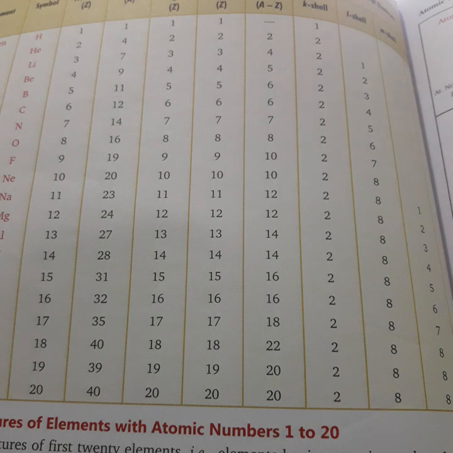So here just see which are monovalent. Lithium is monovalent. Okay, but it is a metal because it will lose an electron to form a cation, whereas fluorine is also monovalent. What is the difference? It is a non-metal. It will gain 1 electron to form a negative ion. Okay, same way beryllium is a divalent metal and oxygen is a divalent non-metal. Okay, boron is an exceptional case, but we can take aluminium. Aluminium is a trivalent metal, whereas nitrogen is a trivalent non-metal. I hope it is clear.